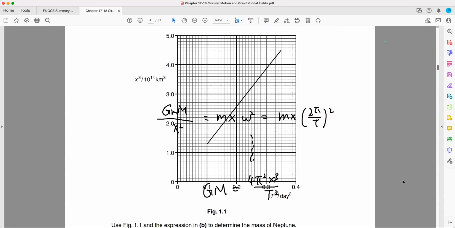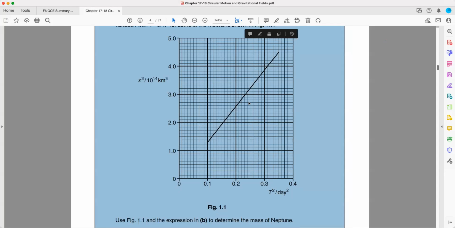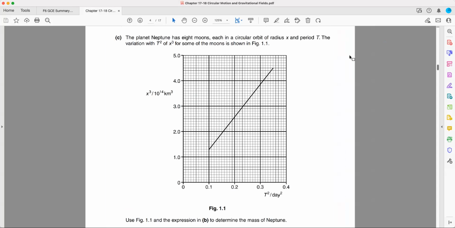And then I give you this diagram. This one is a planet with its 8 moons, Neptune, each in a circular orbit, and x and t are given. Now you have derived that formula. So in this diagram, it's x cubed against t squared. So we should put to find